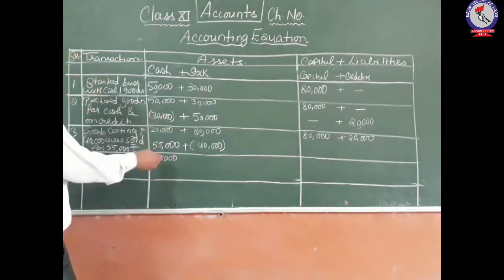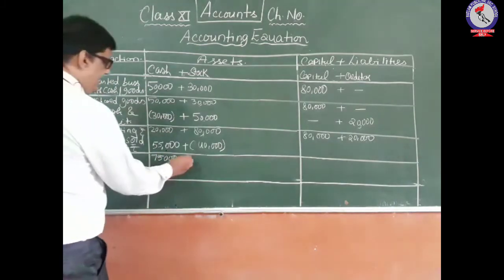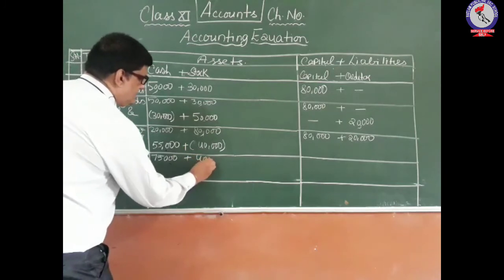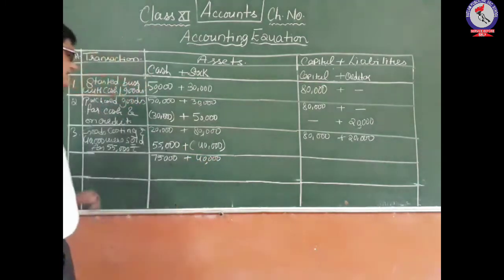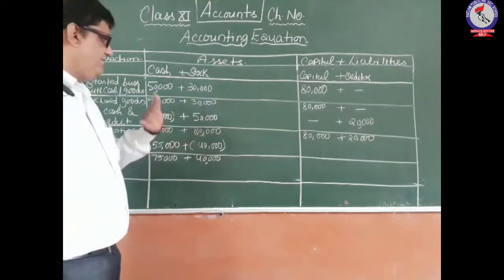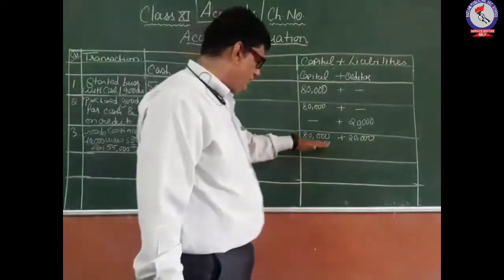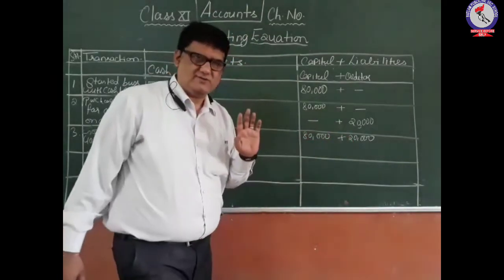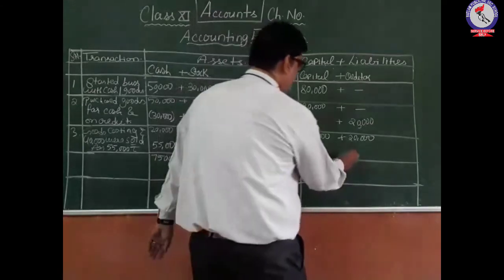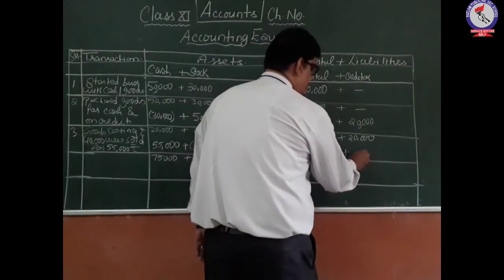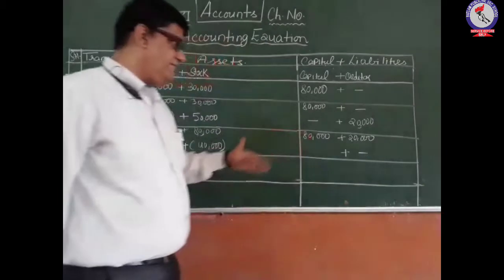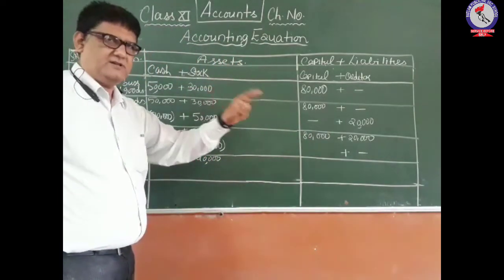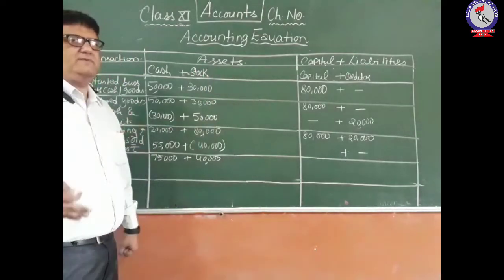First we will forward this total. Then 80 minus 40 becomes 40,000. So your asset side total is now 1,50,000. And what we are observing here is capital is 80,000 and creditor 20,000. There is no change in creditor in this event. So if we observe, 150 is the total here, and there it is still 80 plus 20, 1 lakh. So how will it become the same?